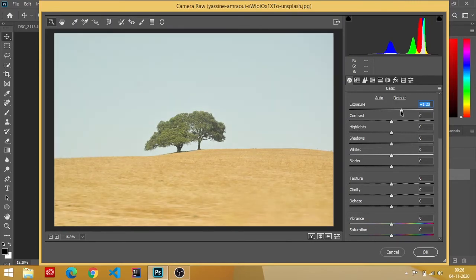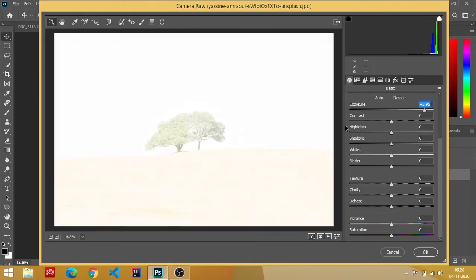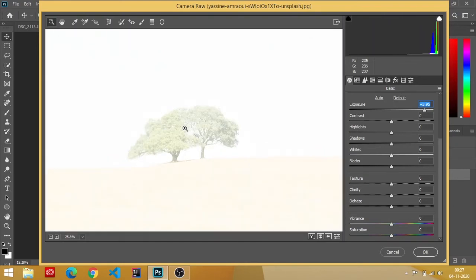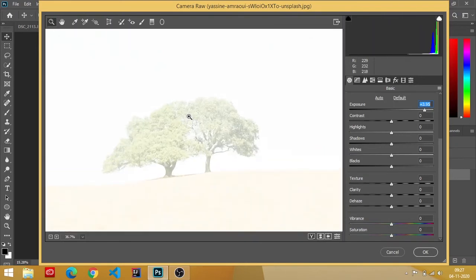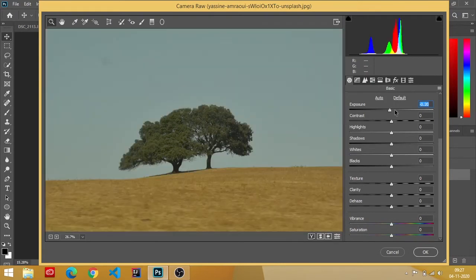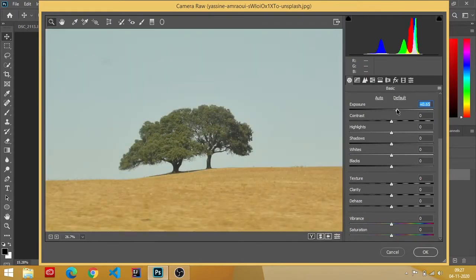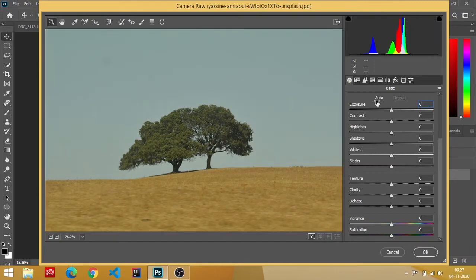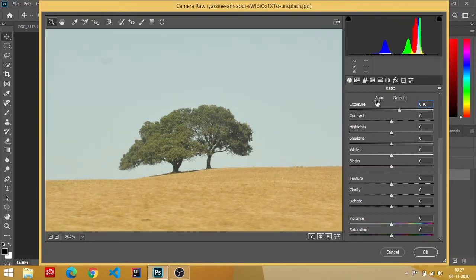Okay, some faded out and 0.90 is a very good value for this. If I increase this, the total light and dim light area is exposed to white and the darkest spots like trees seem to be dark, guys. This is about exposure, guys. Okay, I'm putting it at 0.90, guys. It's very good to me.